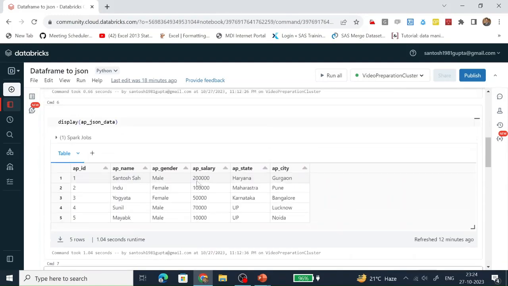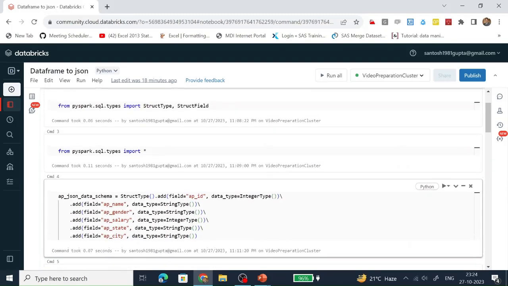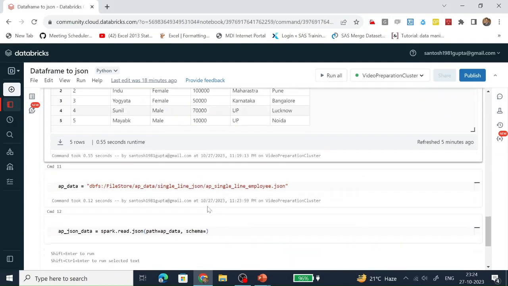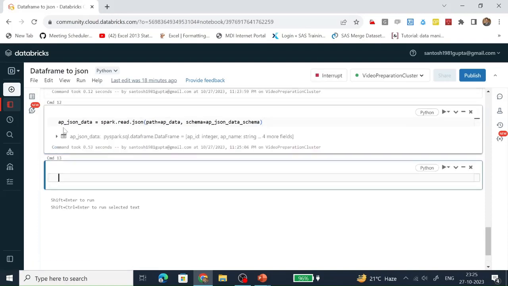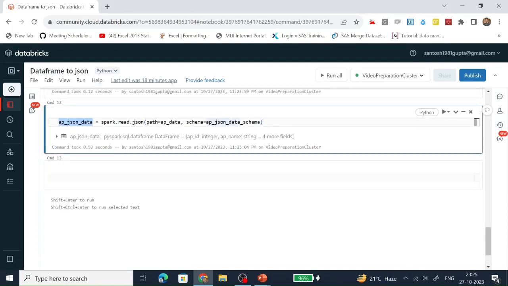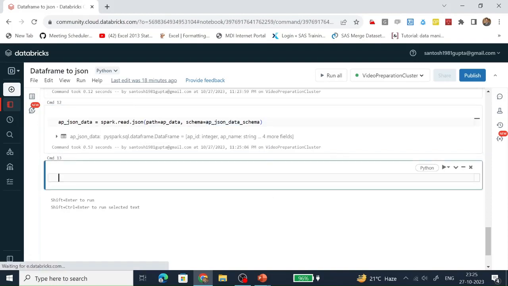We have defined the custom schema here, so we are going to use this custom schema only. Let's run this command. This data frame has been created successfully. Let's see the content of this data frame.